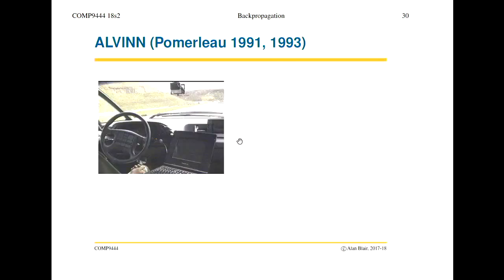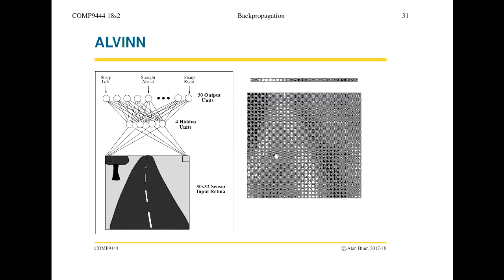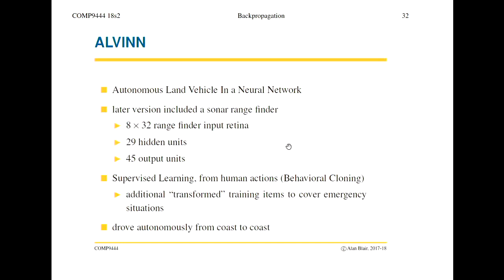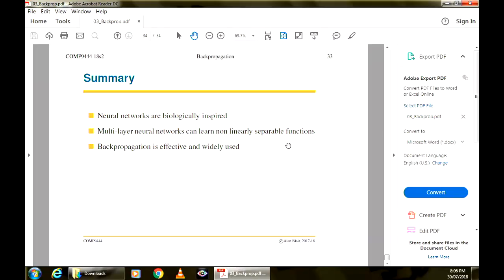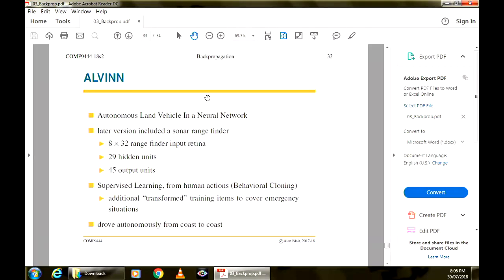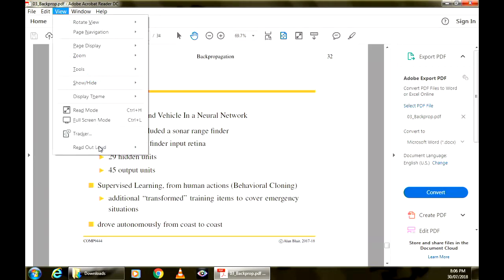Okay, I think I'll defer this example until later when we talk about geometry. Sorry, maybe I'll say a little bit about this. This is just one example of neural networks from the old days.